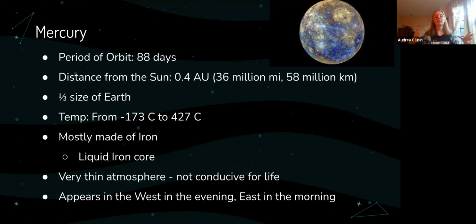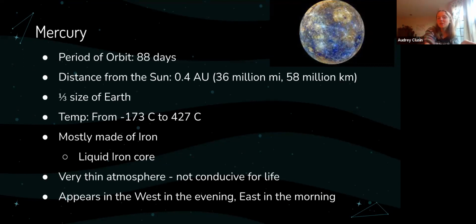And in terms of seeing it as a human, because it's close to the sun, you can only see it during sunset and sunrise, because otherwise you would have to be looking into the sun, and the sun is so bright that you can't see any sort of planets near it. But you also wouldn't be able to see it at night, because if we're looking out from the Earth towards the stars, Mercury is on the other side during the nighttime because it's near the sun.